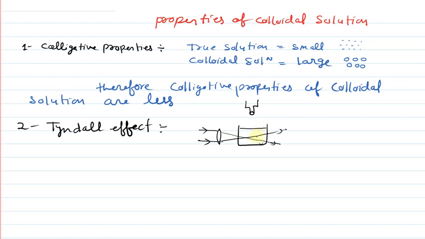Then this path seems to be a blue colored cone. This effect was first observed by A.G. Tyndall. Hence it is called Tyndall effect. We can simply define Tyndall effect as